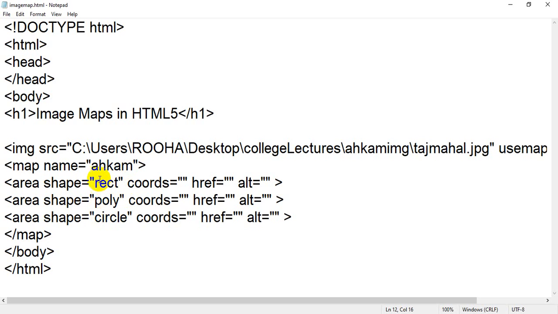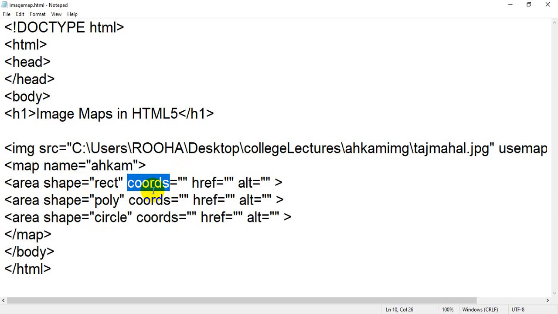Sometimes the question may be asked something like, what are the valid shapes for area tag? It is not asking regarding the values. So in that case we have to write rectangle, polygon and circle. But if it is talking about the values for shape attribute, in that case you have to write rect, poly and circle.